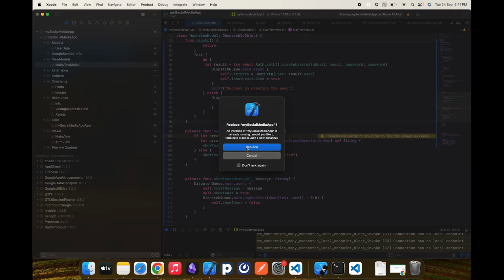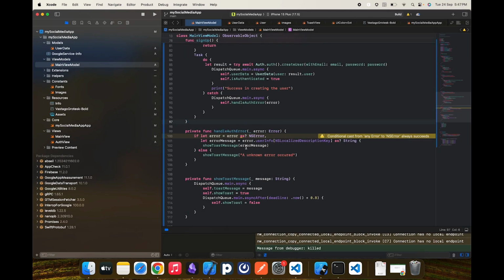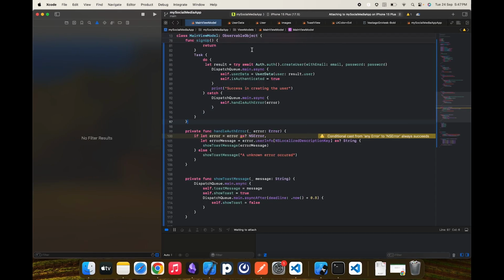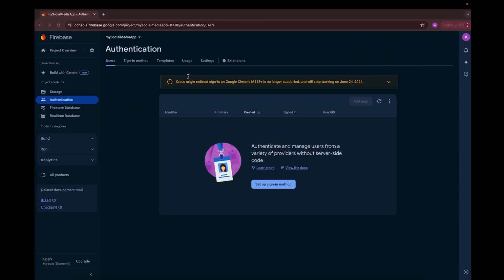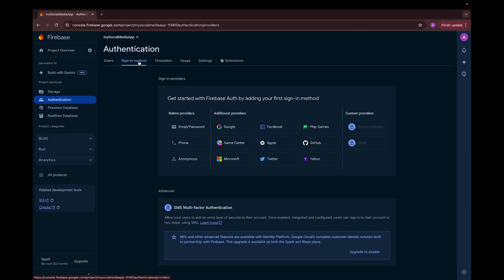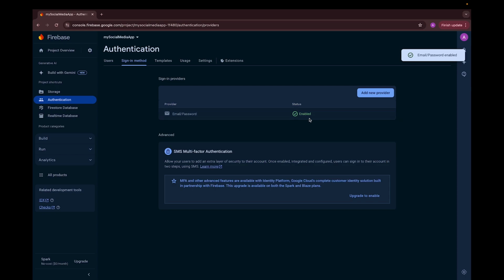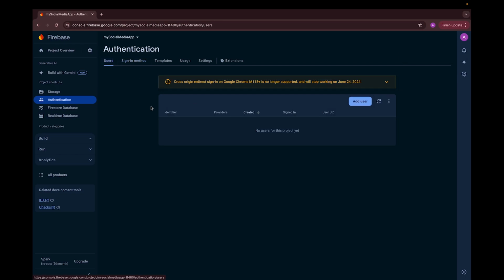So how about we run the app? Meanwhile, on the side, I have opened the authentication section of my Firebase. So I would recommend you do the same as well. Hopefully, if we go to the sign in method, I think we don't really need to enable something. Email and password, enable. Okay, so we actually had to enable this thing. And now if we go to the users